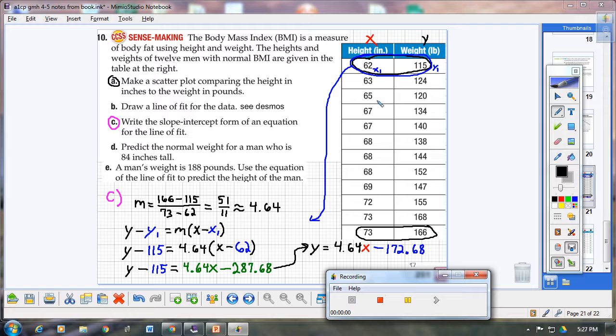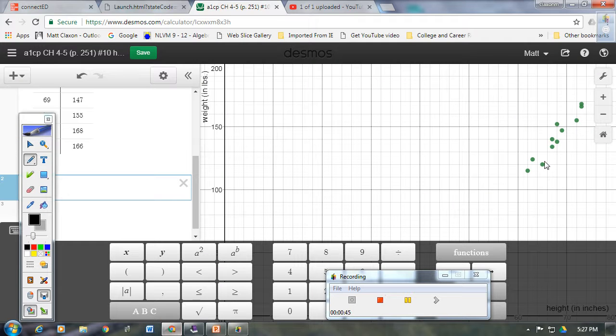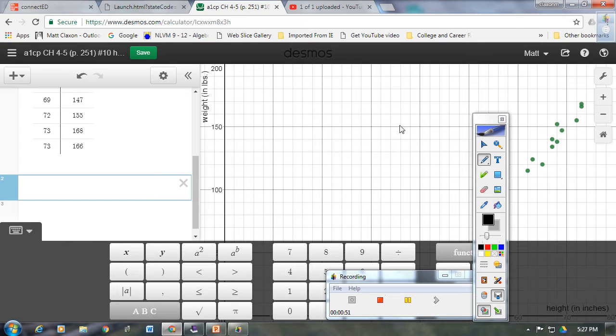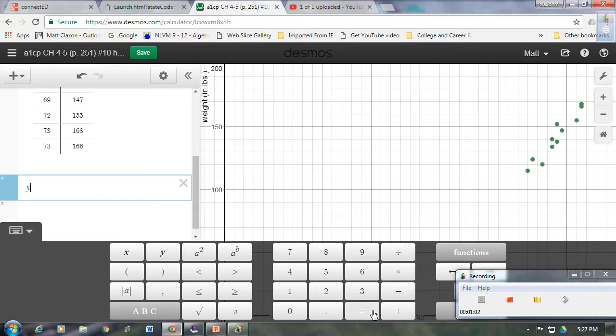So to create a prediction equation for that, again, we looked at Desmos. We said we're going to create that prediction equation based on the first and the last spot. Now, after creating that, I just want to show you what that looks like on the Desmos app. So we can go ahead and graph that by setting y equal to, and we had about